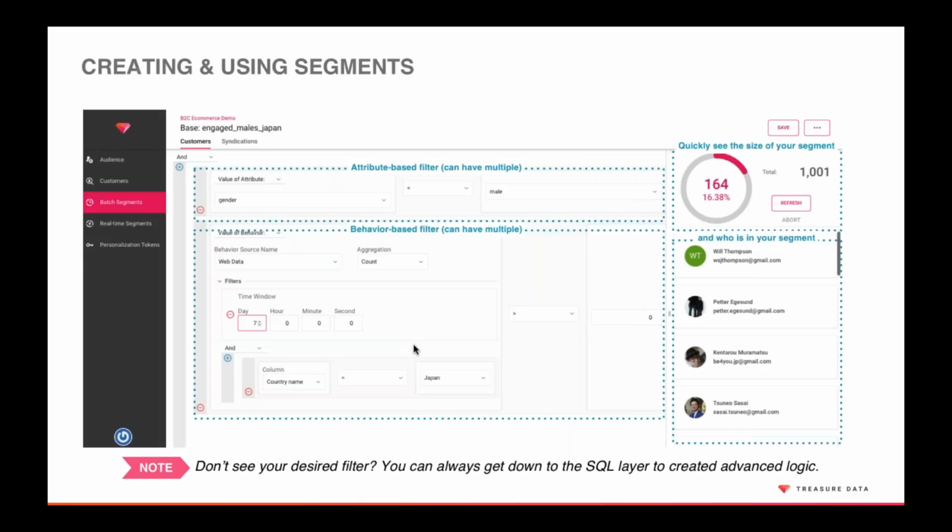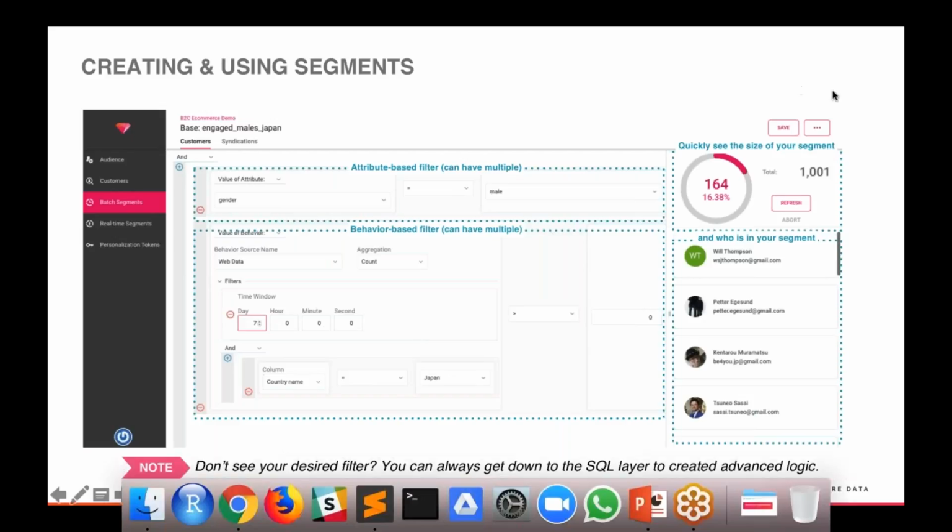And so what we can do, and we'll show you how to do this on the live demo in just a second, is create segments. We have a drop-down editor, and it's an attribute-based filter. You can create segments based on pretty much anything that exists in your data set. That could be, if you've enriched your data set, male or female gender, purchase price, and many different attributes or behaviors.